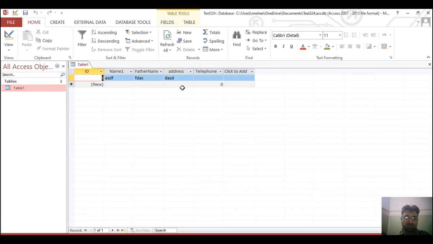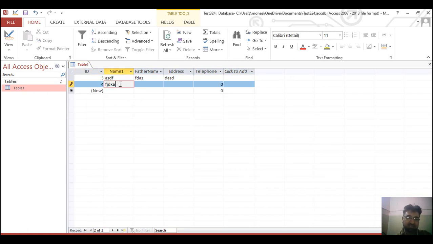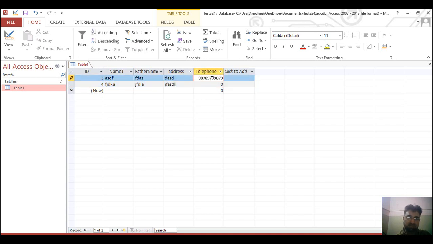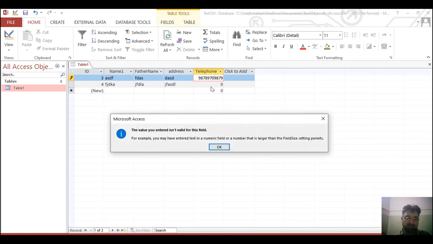This is the datasheet view of this table. We can add more records. If I write here, for example, look at this tiny editing sign, the pencil sign. When I click this save button, this little pencil sign will disappear. Look at this, I click save. Now this record is saved, though I'm not finished. If I write something here, the pencil sign will appear again. It will stay there unless I click the save button.